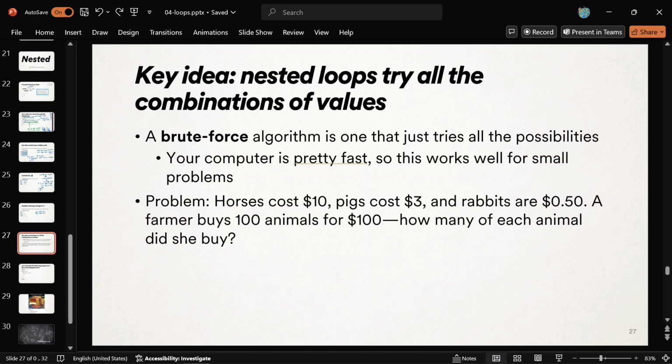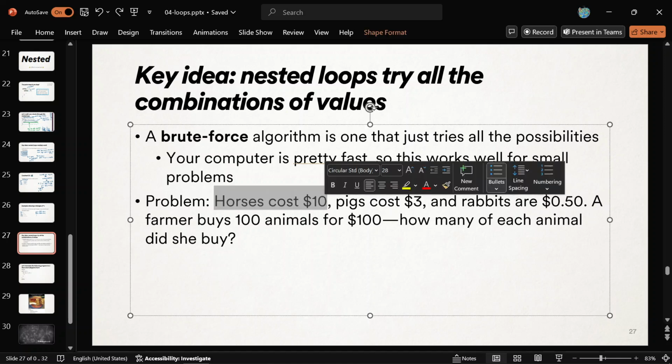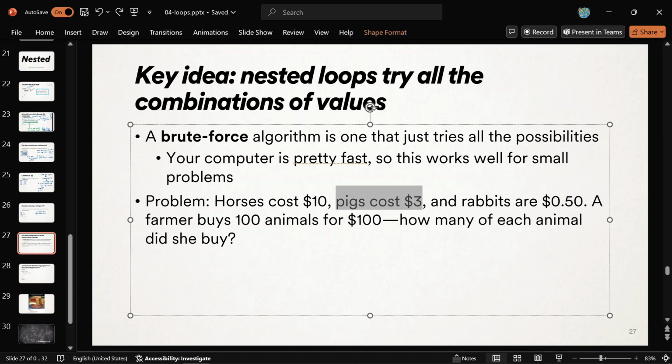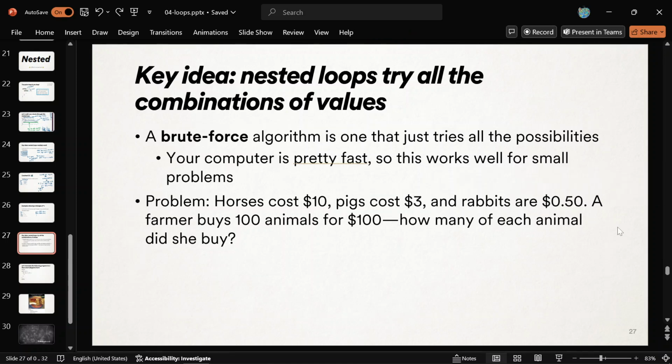All right? So here's my silly problem. We're a farmer today. Or we have a farmer friend, and at the market, Farmer Costco, every horse costs $10 today, every pig costs $3, and rabbits are on sale for 50 cents a piece. Our farmer friend comes back and they have a challenge for us.